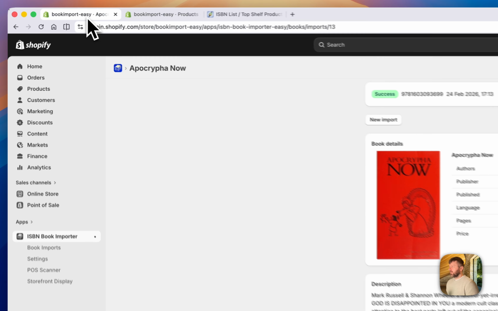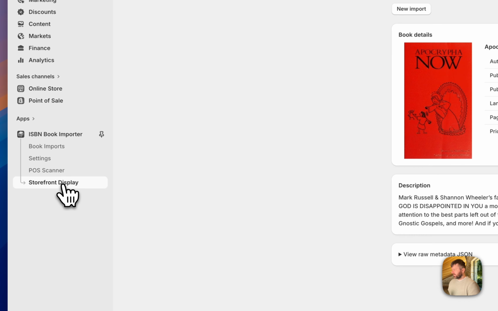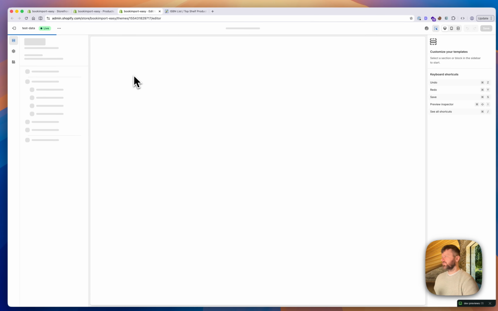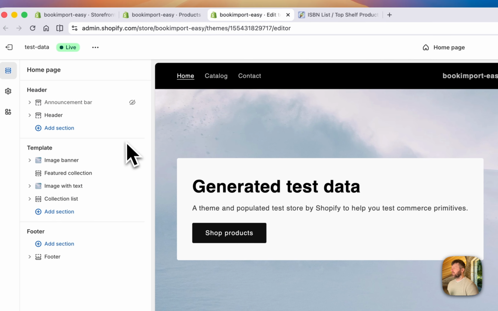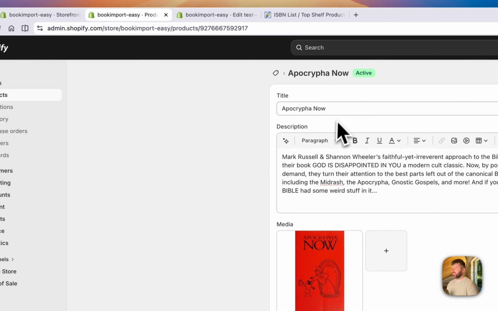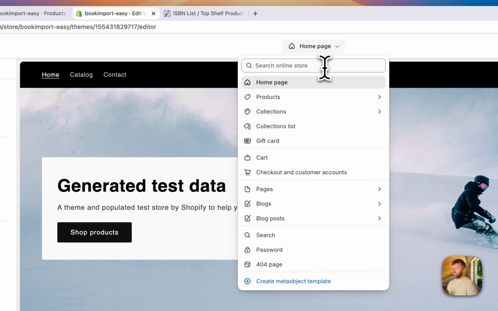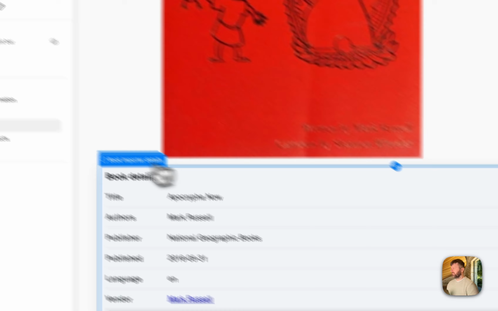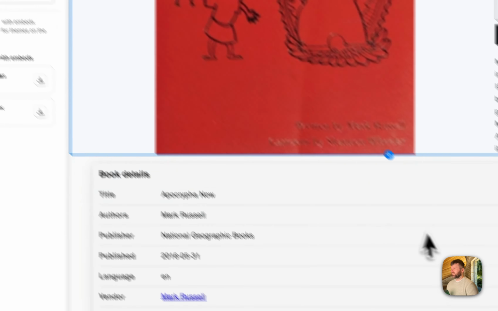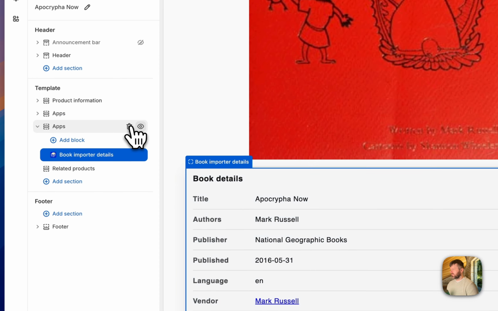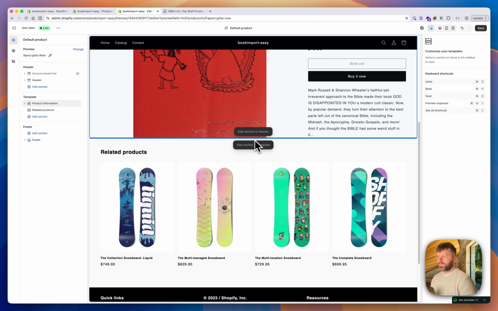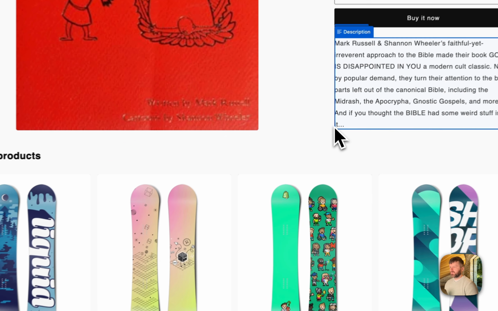storefront. That brings me to the storefront display, because this is where we can display our book information in our store. It's nice to have this data, but it is nicer if we could use this data in our store. So let me grab the title of the book. So we have an example to work with. Like this. Okay, yeah. Normally the app theme block is not installed, so I will just remove this and start fresh. So this is how it will look like in your store probably, and there you can select where you want to enable the